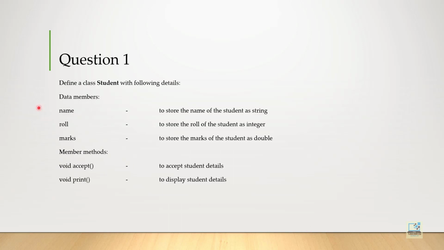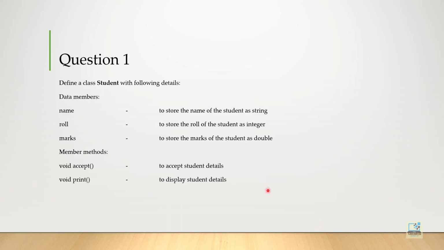Means if there are 3 data members, 3 instance variables, you cannot add any extra instance variable in the class. Although you can have any local variable in a method if you need, the instance variables will remain the same. The name of the variable has to be the same. When you are defining the method, the prototype has to be the same. You cannot change the method name or anything else related to the method. And whatever operation is required, only that operation you need to perform. So if you follow the structure, the programming is very easy.